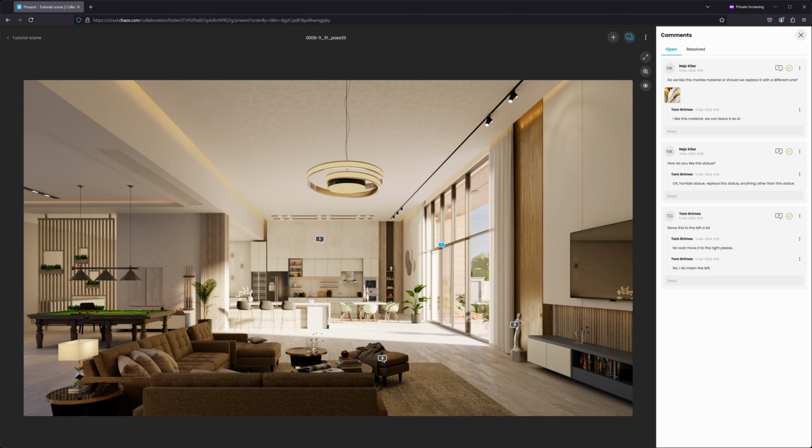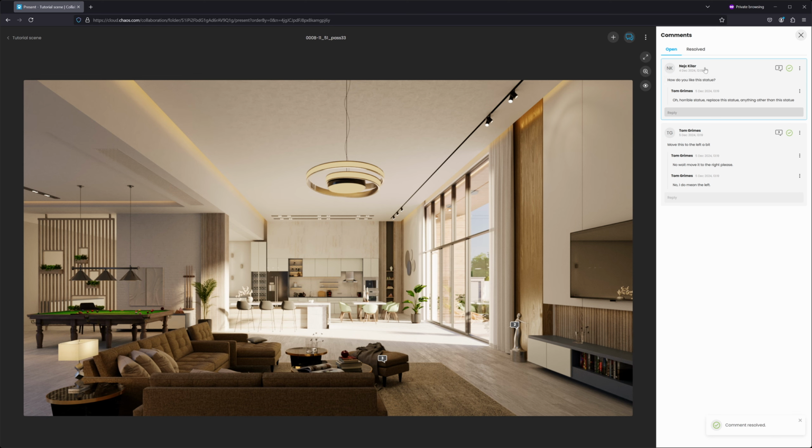Okay, so now that our client has commented, as you can see, some pretty nice comments, we can see all of them displayed on our end as well, right? So now what we can do is we can, for example, click the resolve button here for all the comments that are essentially resolved. So for example, this number 1 comment here pertaining to the marble material, the client liked it, Tom liked it, so we can leave that material as is. And so that means that this is basically resolved, right? So we can click the resolve button,